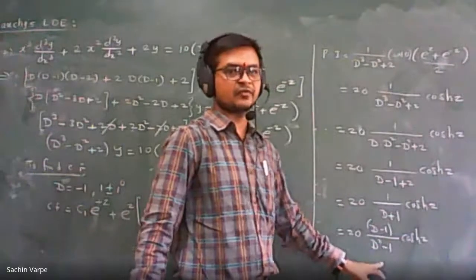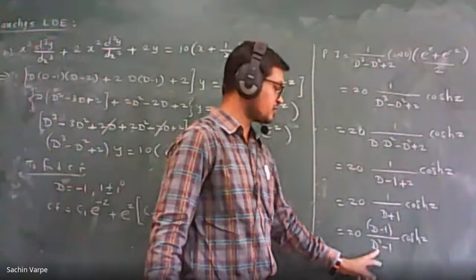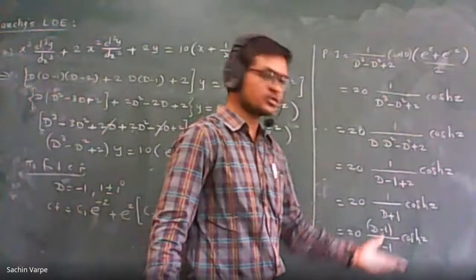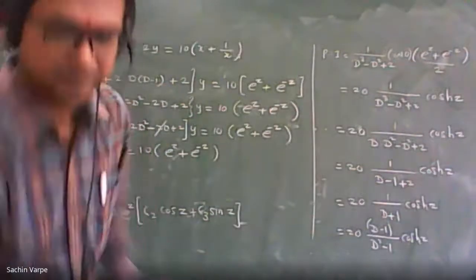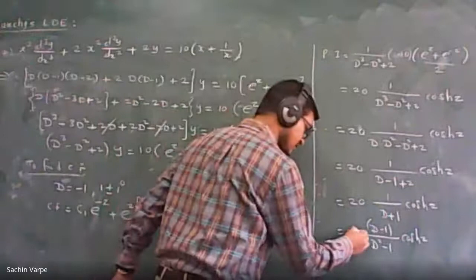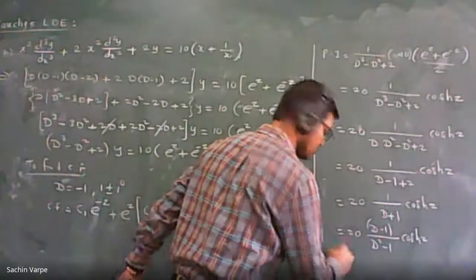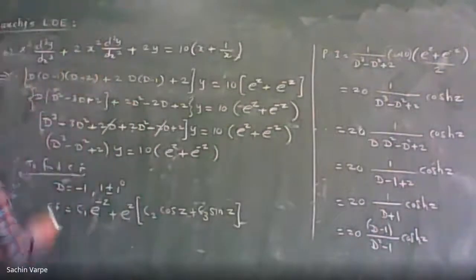So again, for the hyperbolic cos, we need D square in the denominator. So to get D square, rationalize it. So 20 times D minus 1 upon D minus 1 into D plus 1, that is D square minus 1, into hyperbolic cos z. So when I replace D square by 1, that will be a case of failure, isn't it? Please check. 1 minus 1 is 0. So you can write there, this is a case of failure. Or directly, instead of writing, you can multiply it with the independent variable. So what is the independent variable? Let me write here.